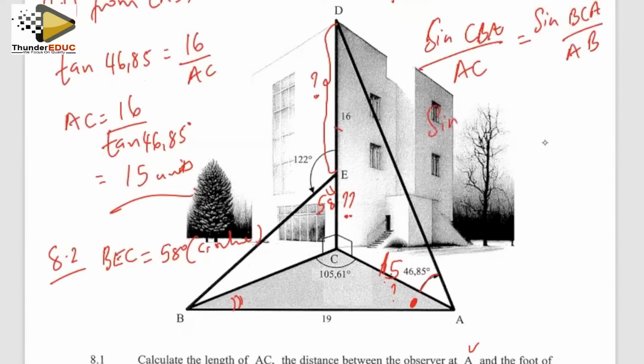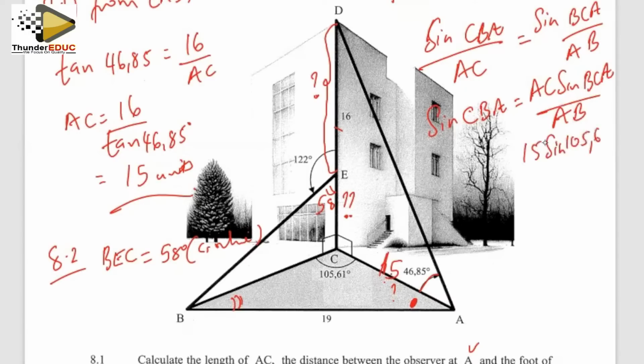Which means the sine of CBA, or ABC, should be AC times the sine of BCA over AB. Okay, so my AC is 15. We're saying the sine of 105,61 over AB, which is